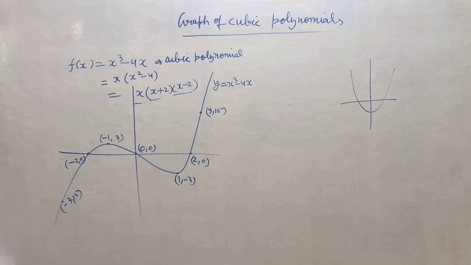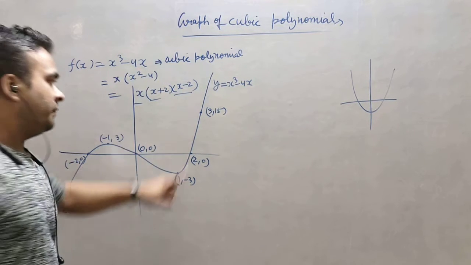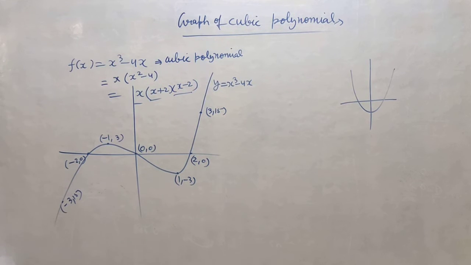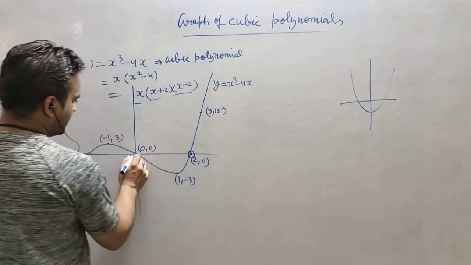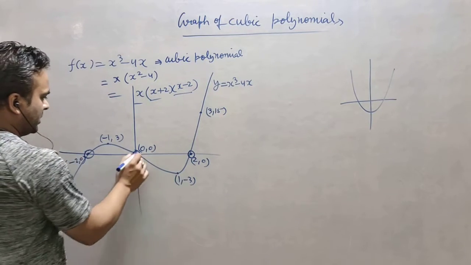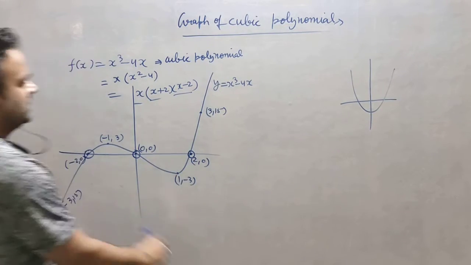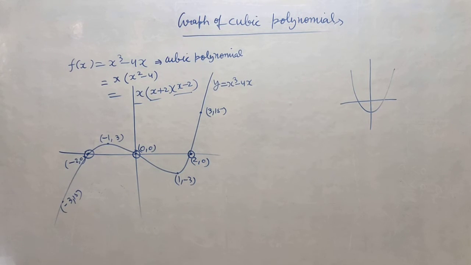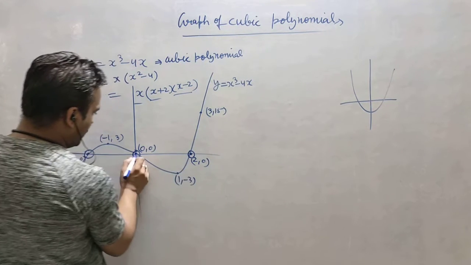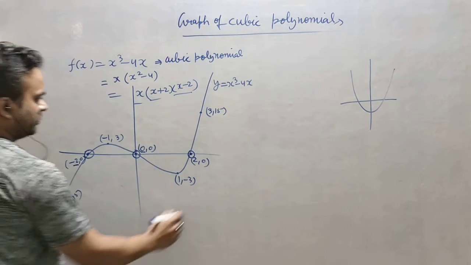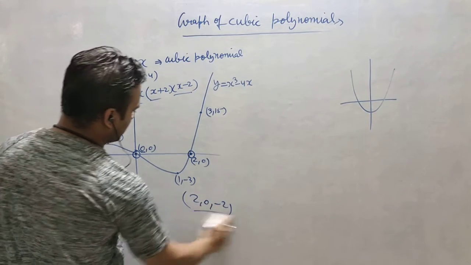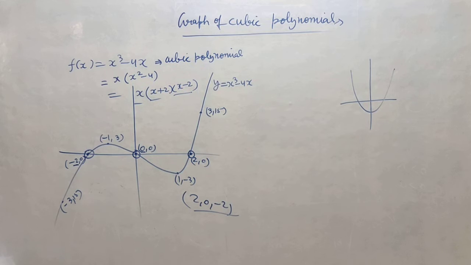So if you see, all 3 factors are different. If they are like this, then we can say that this graph will cut the x-axis at 3 points, right? You can see here the first point is this, second point is this, and third point is this. It means these are the values of solution for the graph. What is the value of x here? 2. What is the value of x here? 0. What is the value of x here? Minus 2. It means 2, 0 and minus 2 are the solutions for this particular polynomial.